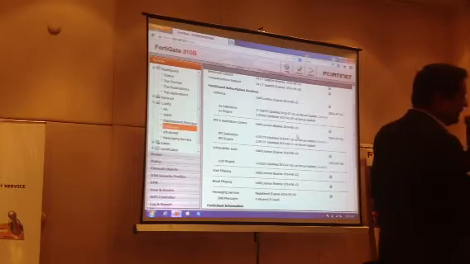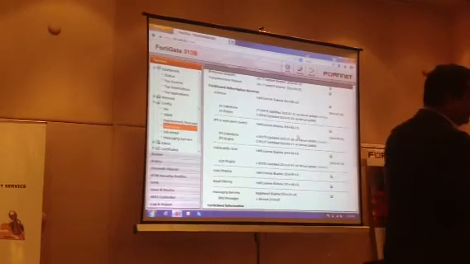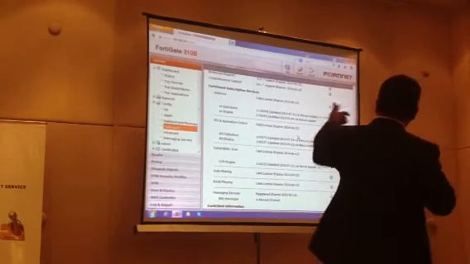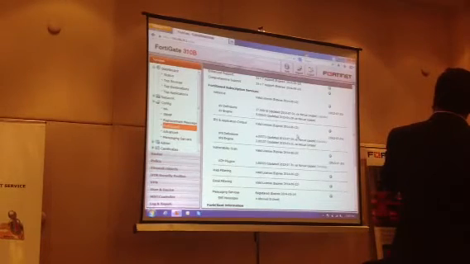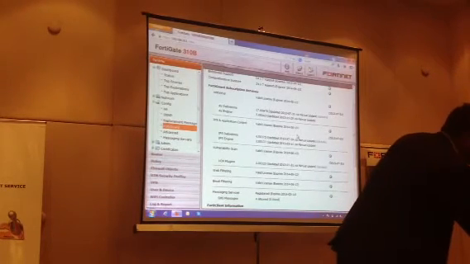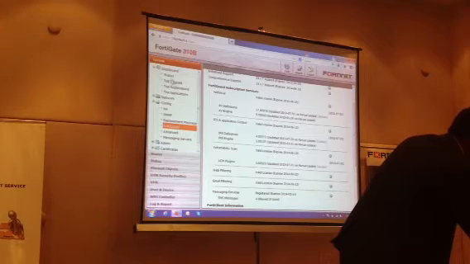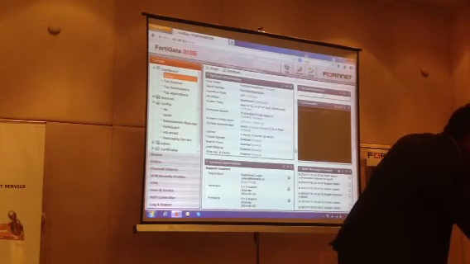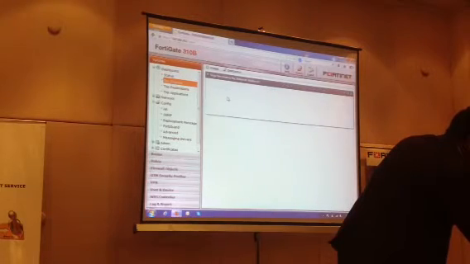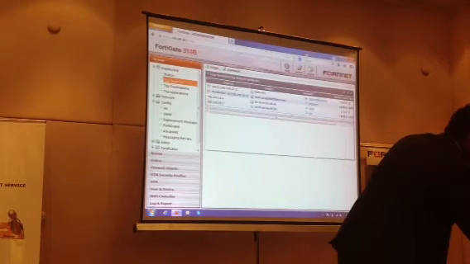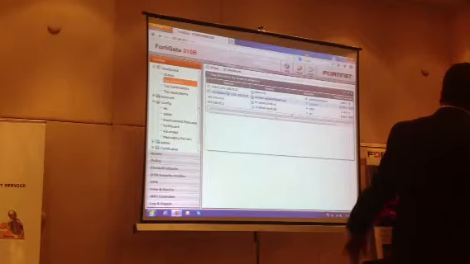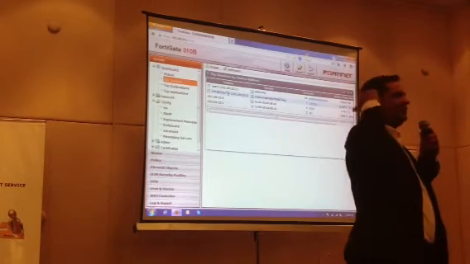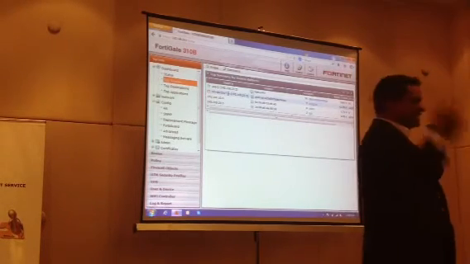So either you can go for manual update or automatically you can see the latest update on the 31st of July. So whatever the signature is there, we can block according to it. Now let me check the top sources. So I can see a user called Nitin. We'll see what all applications or sites he is accessing.